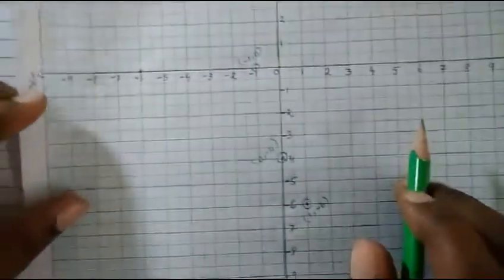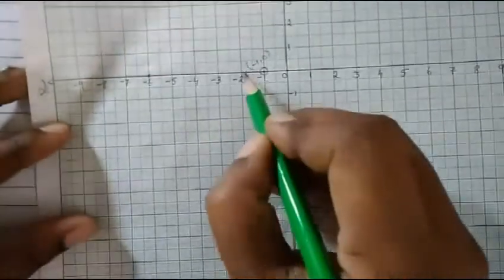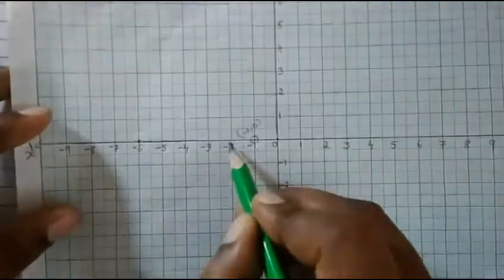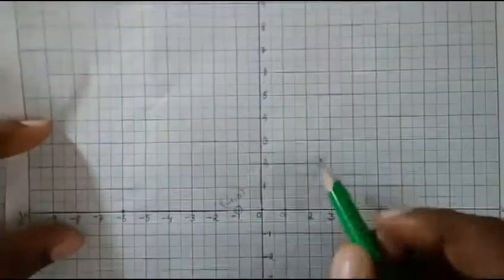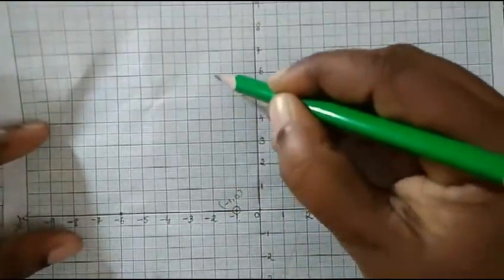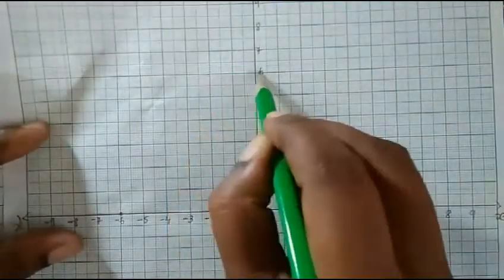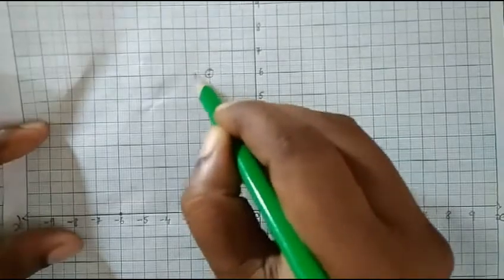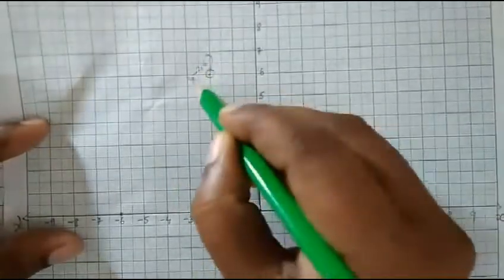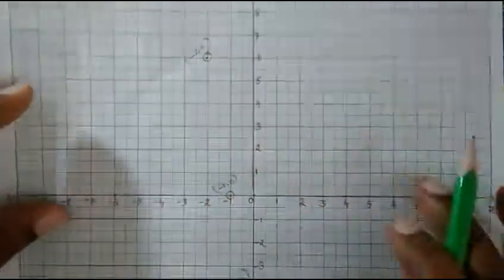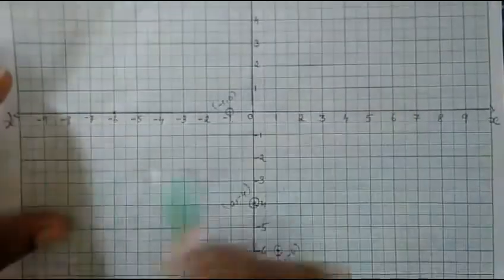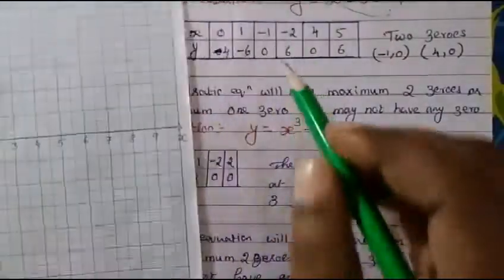So next is minus 2, 6. First we have to see on the x-axis minus 2 and then 6. 6 means plus, it is up. So minus 2, 6 is here. 6 is here. So minus 2 and 6. The first coordinate is always x. Then we have to see for y. Y is on this line, x is on this line. Then next